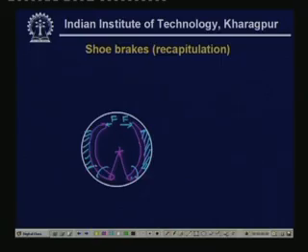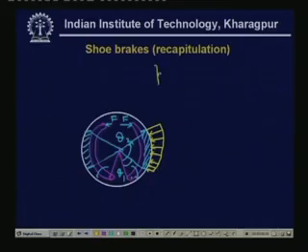Now if we take these two angles, we measure this angle from this point, let us say this is theta 1 and this one is theta 2. Then the pressure distribution, of course I have not discussed how to get the pressure distribution, but the pressure distribution looks something like this. This is the pressure distribution. So at any angle theta, now measured from this line, theta is measured from here, at any angle theta, it is P max